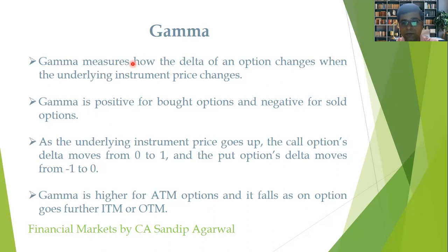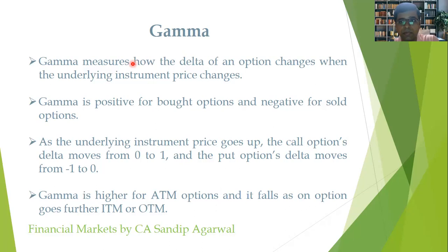instrument price changes. So whenever the underlying instrument price is changing by 1, and if the delta of that call option for that underlying instrument is 0.5, the price of the option will move by 0.5. Now say the gamma of that particular call or put option is 0.05. Now when the underlying instrument is moving by 1, the price of the option is moving by 0.5, which is the delta. Now the delta of an option will also move by 0.05. So it will become 0.5 to 0.55, which is 0.5 plus 0.05.